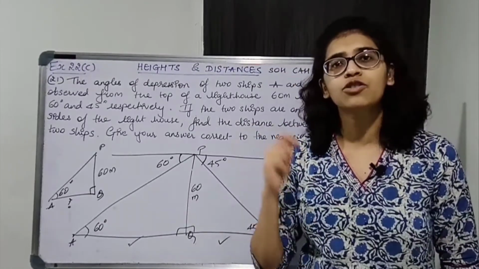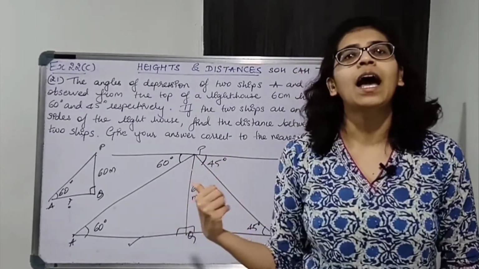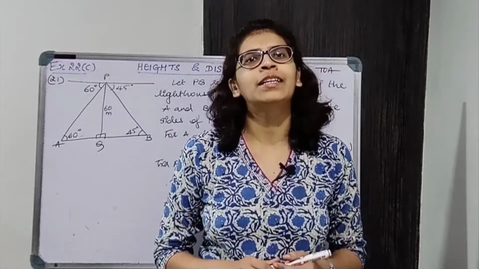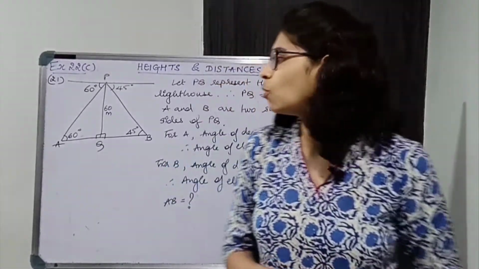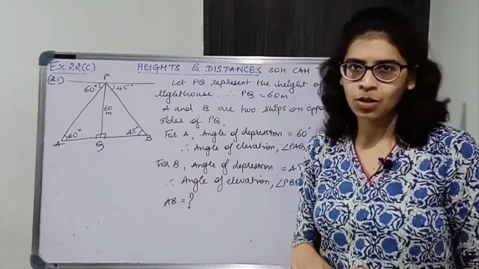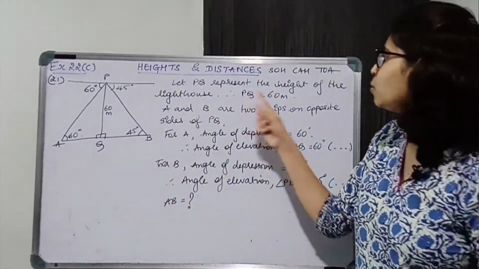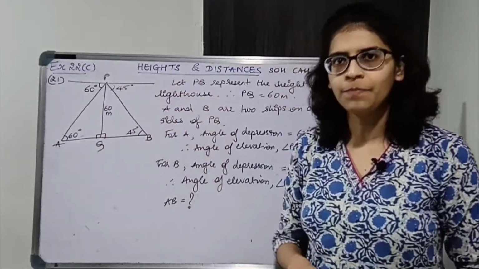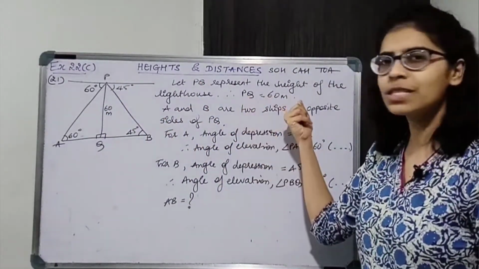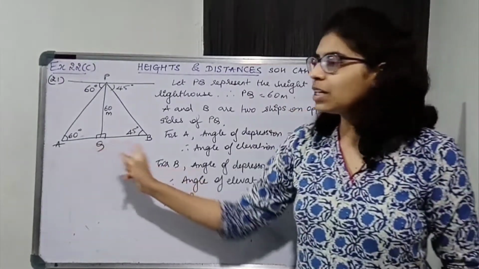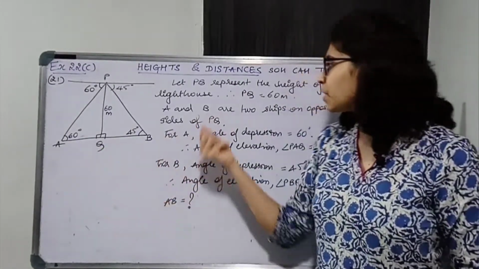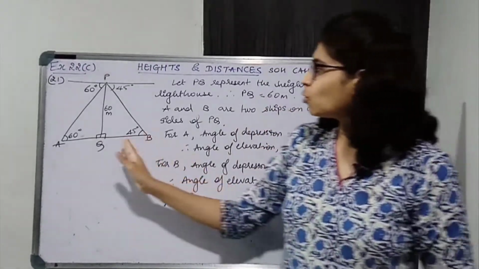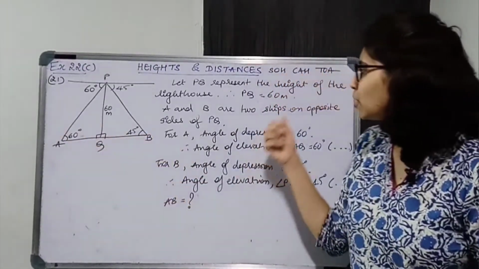Okay, so now let us draw the figure properly and write down some statements. Draw a proper diagram and then write down the statements. So the diagram will be somewhat like this. Okay, now PQ represents the height of the lighthouse. We have considered PQ to be the lighthouse, okay, and its height is given, so PQ is equal to 60 meters. Now A and B are the two ships, okay, but they are on the either side of the lighthouse, so opposite sides पे है, okay, just mention that.